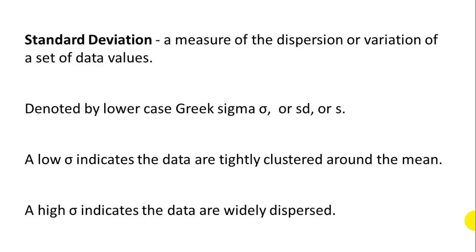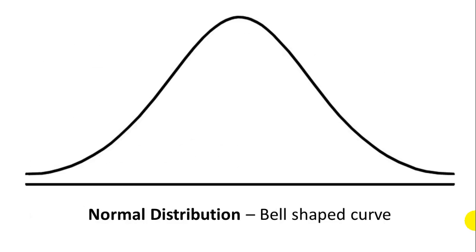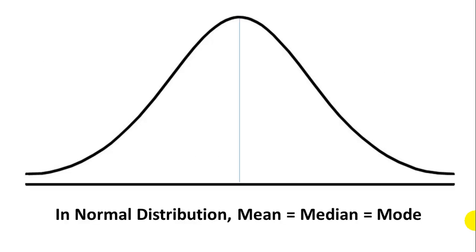We use the Greek letter sigma to indicate standard deviation, or SD sometimes, or sometimes also just a lowercase s. So a low sigma, or a low standard deviation, indicates that the data are tightly clustered around the mean. And a high standard deviation means that the data is widely spread out. So a normal distribution is also sometimes called a bell-shaped curve. It looks like this. In a normal distribution, the mean, the median, and the mode are all equal to the